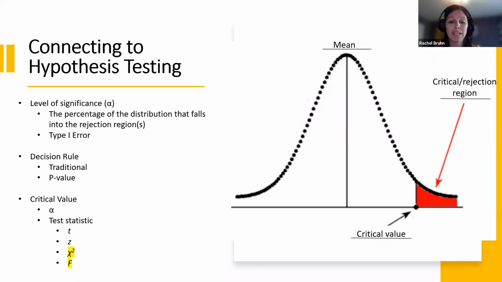So the probability, that p-value, is associating that test statistic that you obtained and just saying, what's the chance that you would get that test statistic if your null hypothesis was true? If it's not very likely, then it's a stronger indicator that the alternative hypothesis would be true.